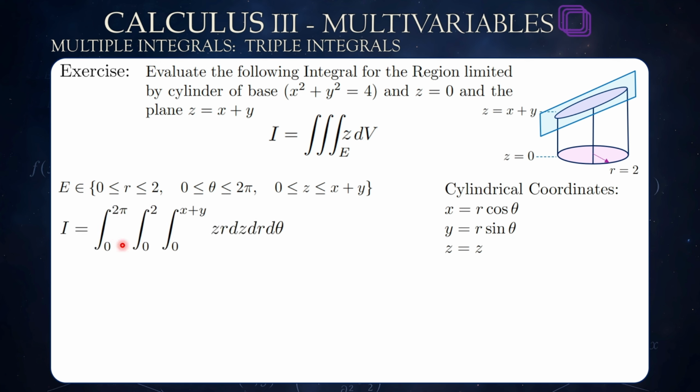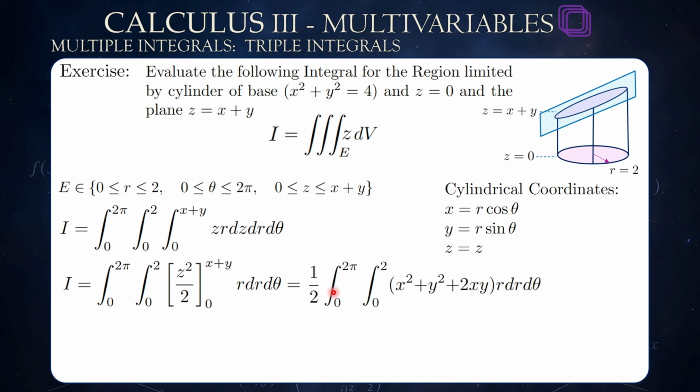I equal integral from 0 to 2 pi, integral from 0 to 2, which is the radius, and then integral from 0 to x plus y of z times r dz dr d theta. r dr d theta are the transformation to the polar coordinates. Again, theta is between 0 and 2 pi, radius from 0 to 2, and z is between 0 and the height up to the plane x plus y. So I equal integral from 0 to 2 pi, integral from 0 to 2 of z squared divided by 2 between x plus y and 0,